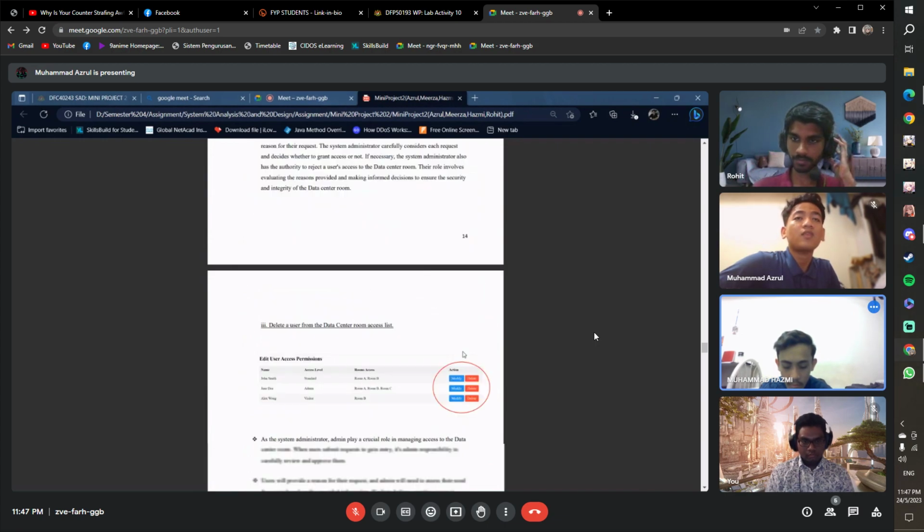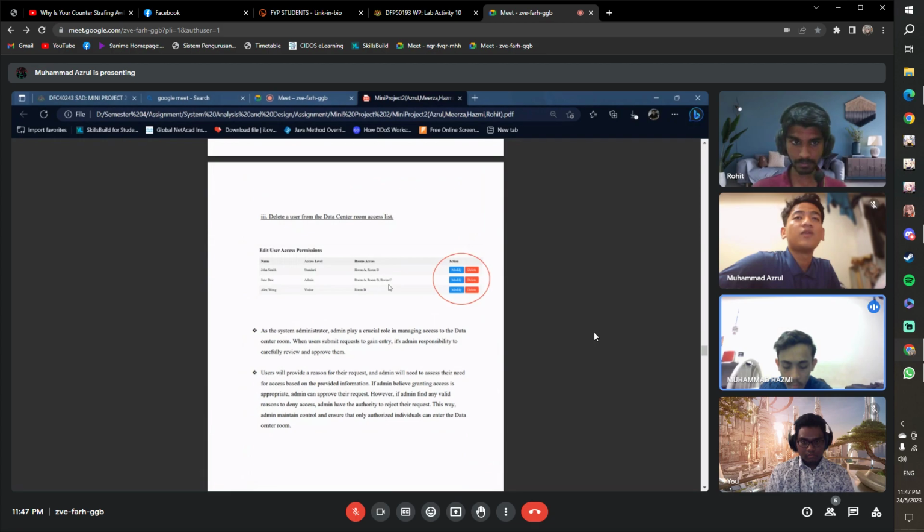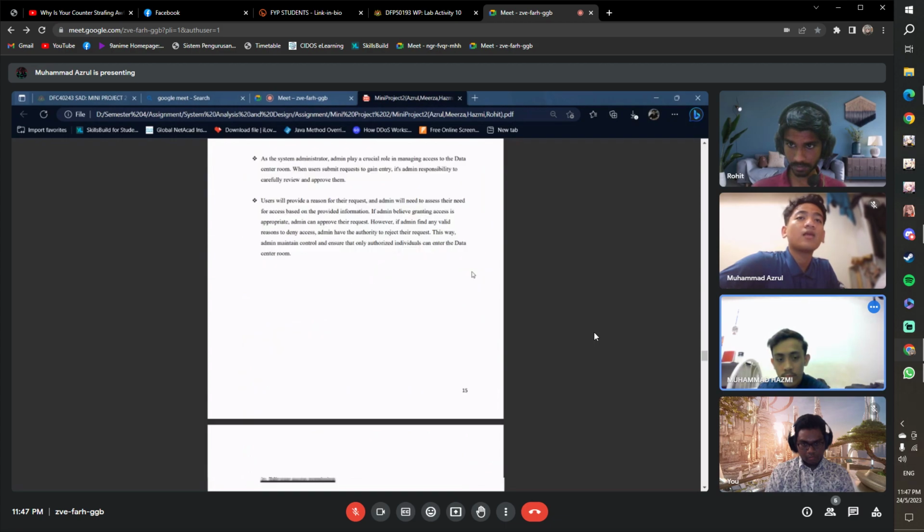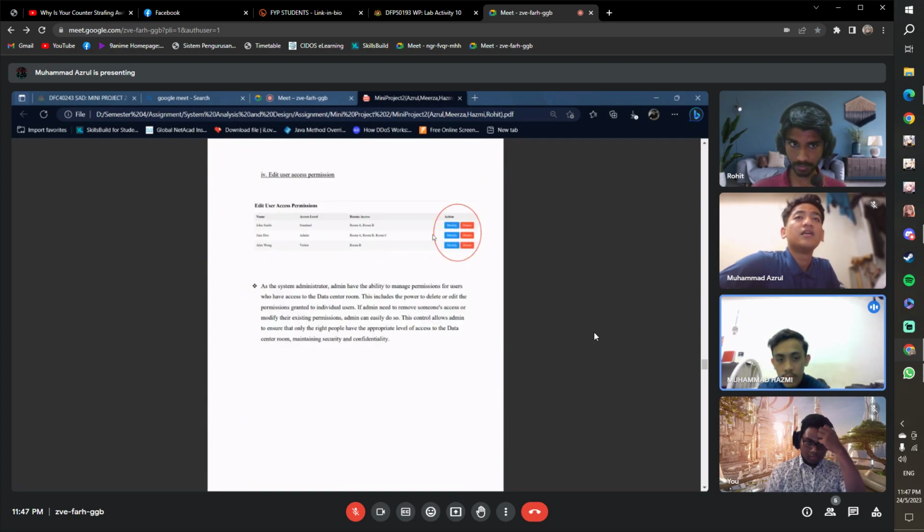Okay, now we see the delete button. Same with the approve, if the reason is not acceptable, if the user wants to get in, we can delete the request with the delete button here, the red button. Same with the edit button. You can see the edit button is the blue one. Want to modify